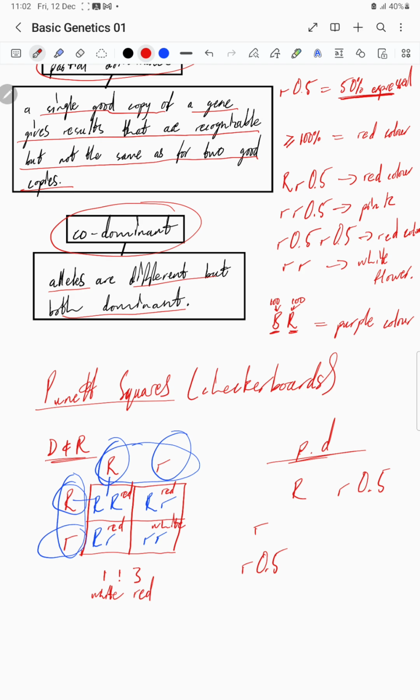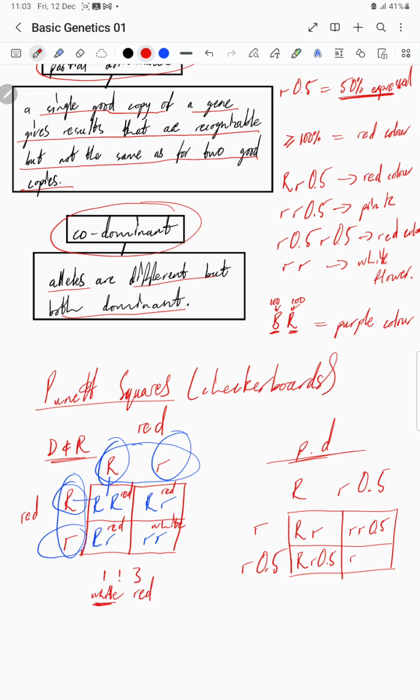So before we just explain this one, you will realize that this is a cross of a red flower and a red flower, and these are heterozygous, so that means they are carriers and they can produce a white flower. And here we have dominant and recessive, and partial, dominant and partial,